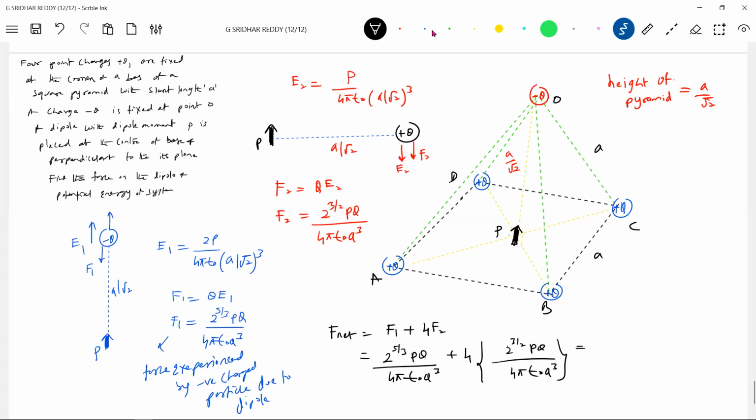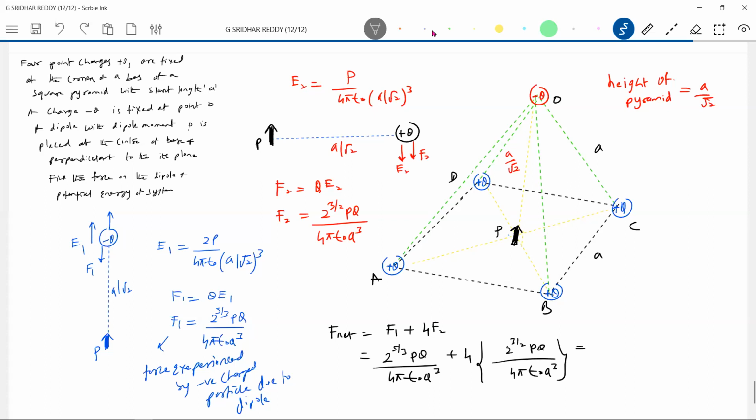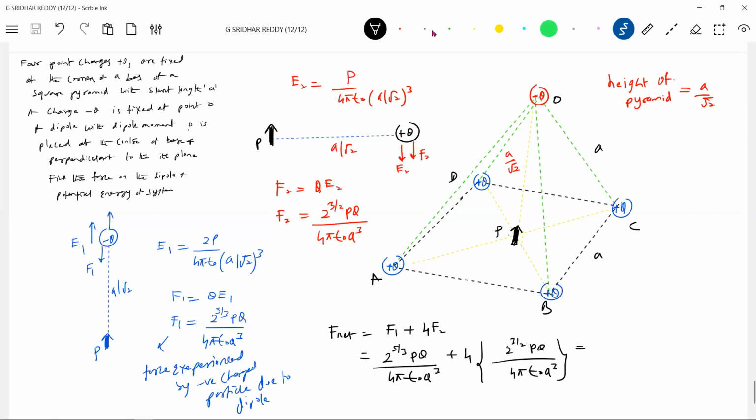Will this all be 5 by 3 or 3 by 2 or 2 by 3? Cube root 3 by 2. I think 5 by 2 it is. Check once. This will be 5 by 2. I think it should be equal to